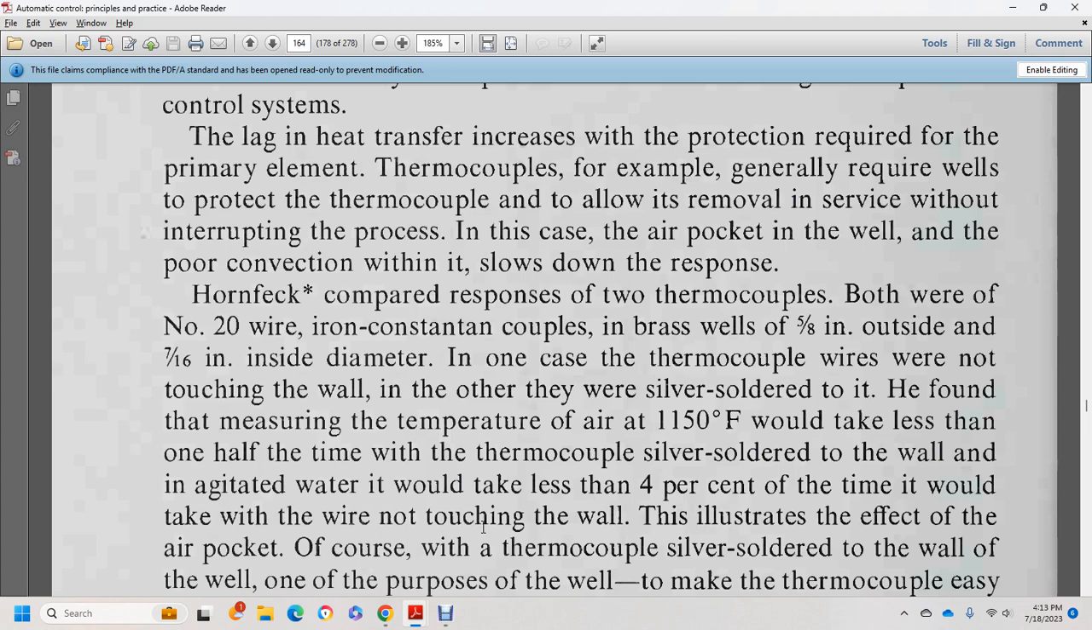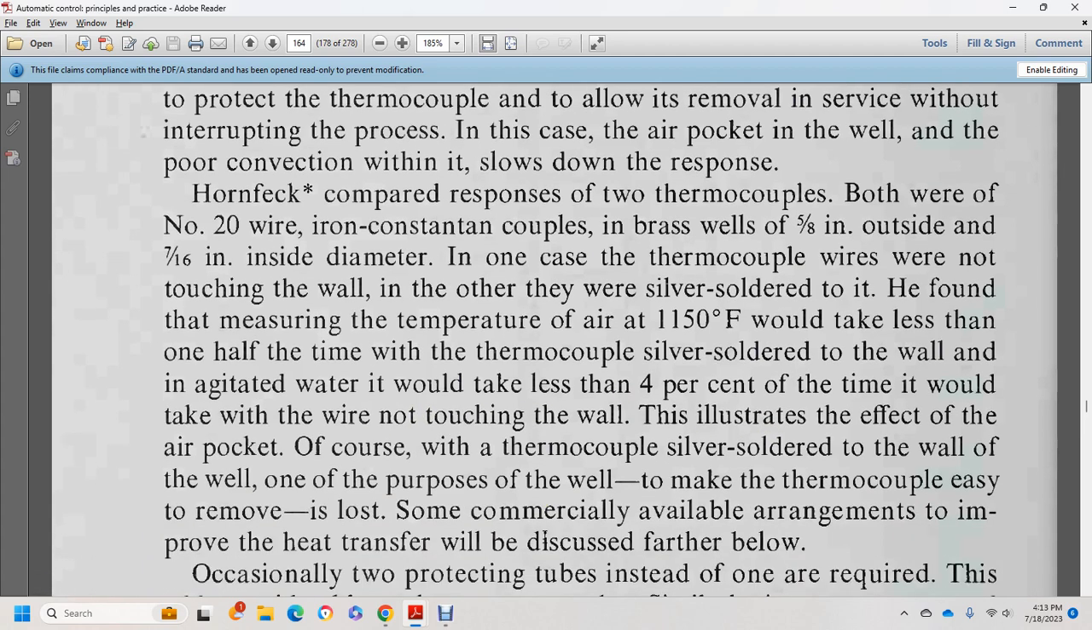and in the other, silver shot was used. It was found that measuring the temperature of air at 1150 degrees Fahrenheit with the thermocouple in silver shot would take less than 1/2 of the time, and for agitated water less than 4% of the time it would take with the wire not touching the wall. This illustrates the effect of the air pocket, of course, with the thermocouple in silver shot against the wall of the well. One of the purposes of the well is to make the thermocouple easy to remove